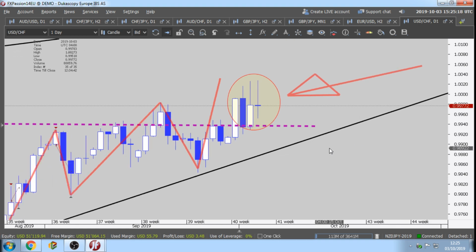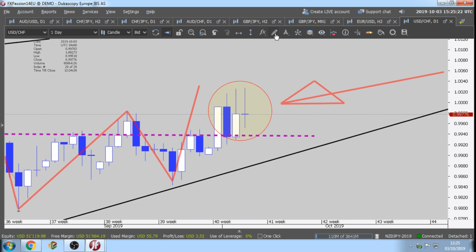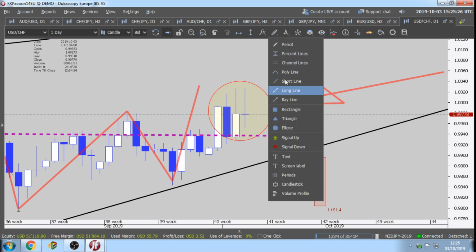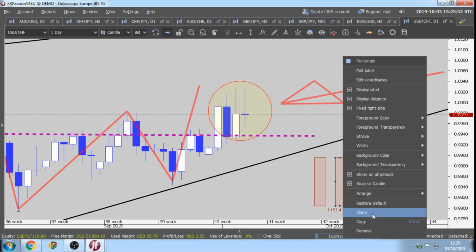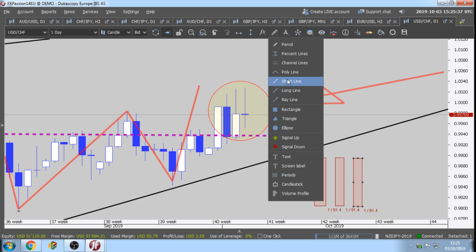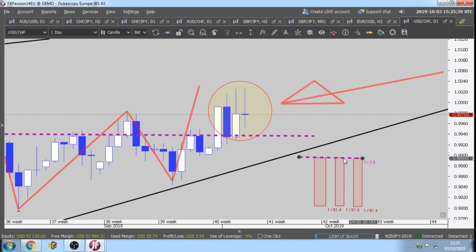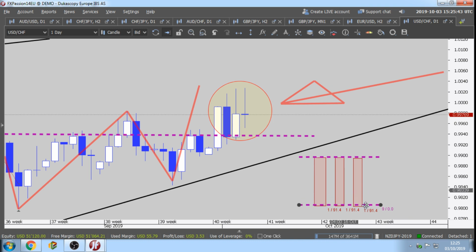And what else did we learn in the previous weeks? When you have 3 candles like this on the monthly, on the weekly, and or on the daily, this represents what? Sideways movement, right? This is the upper band, this is the lower band.